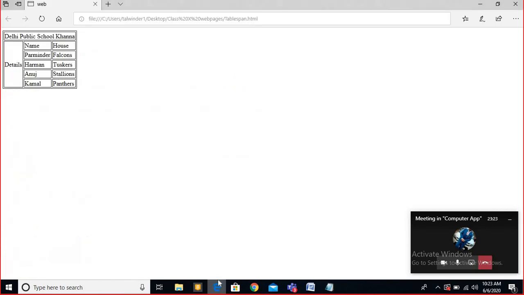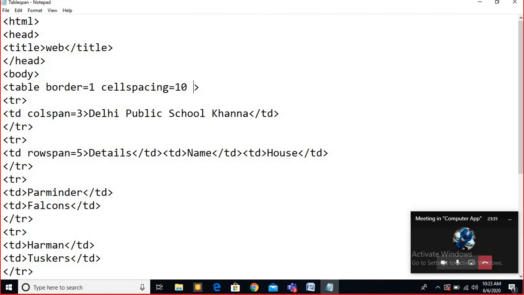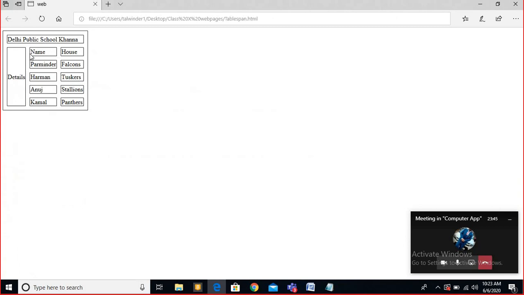I just save this. So you see, this is the cell spacing. See, space has come in the cell. To make you more clear, I want to give another attribute. So say I'm giving here cell padding. But before implementing this, I want to tell you what padding is. See, this text boundary is the wall of the cell and the text.